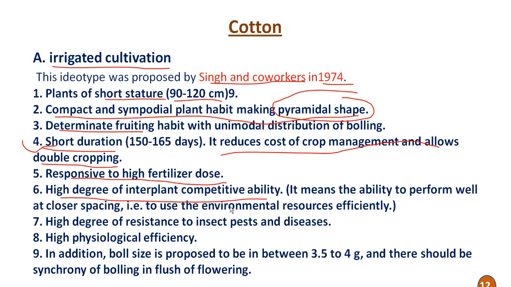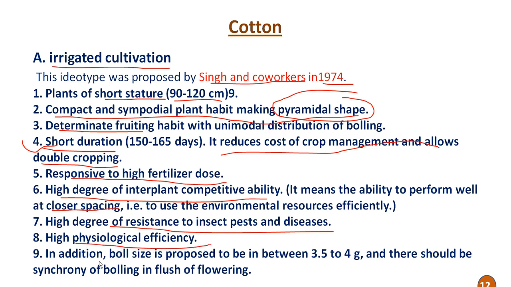It means the ability to perform well at a closer spacing, that is, to use environmental resources efficiently. So as we see in case of crop ideotype, the crop ideotype can perform well in a closer spacing. Then high degree of resistance to insect pests and diseases. Then high physiological efficiency